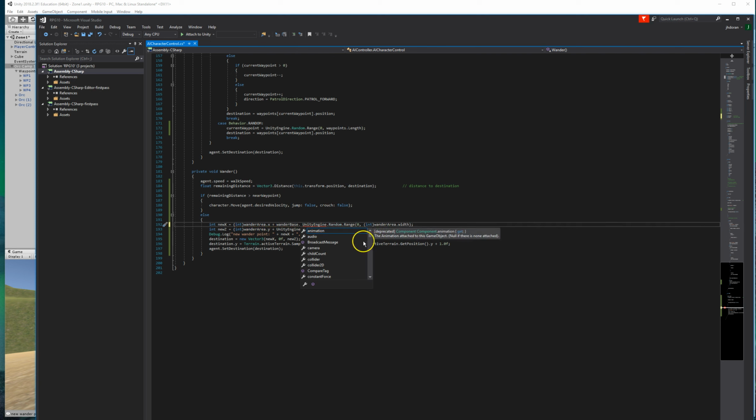Dot, and I believe it's X and Z. It's not helping me right here. Okay, and this thing does not contain an X. Is it a capital X? Doesn't contain it. All right, let's take